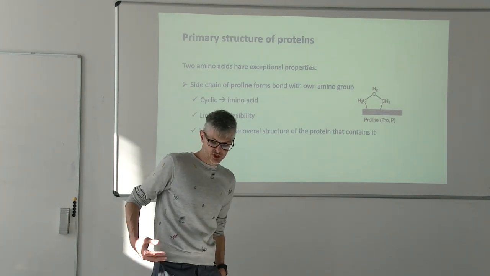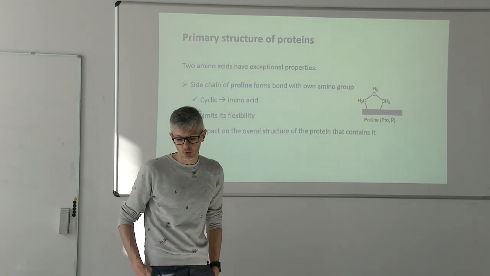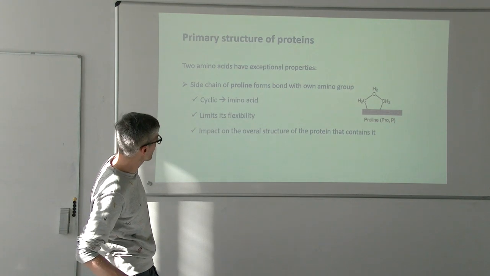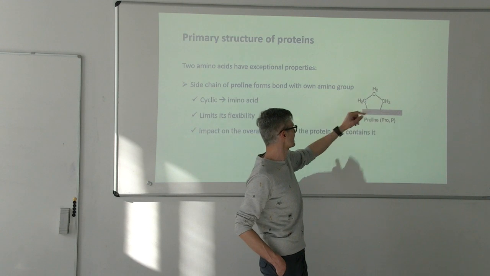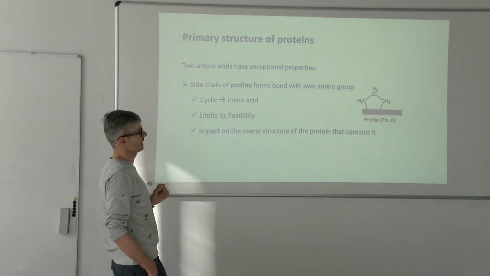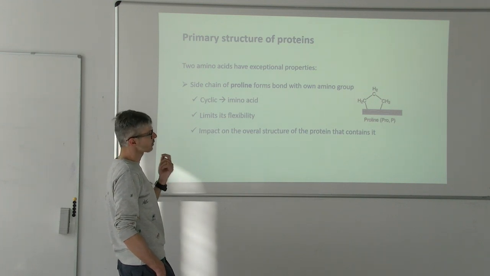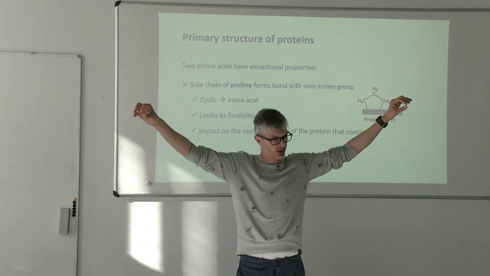And then some special amino acids can play a special role also in the structure. For example, proline is actually not an amino acid but an imino acid. Why? Because here it is cyclic, so this actually limits its flexibility. It also has a role in where you can find proline, if you look at an amino acid